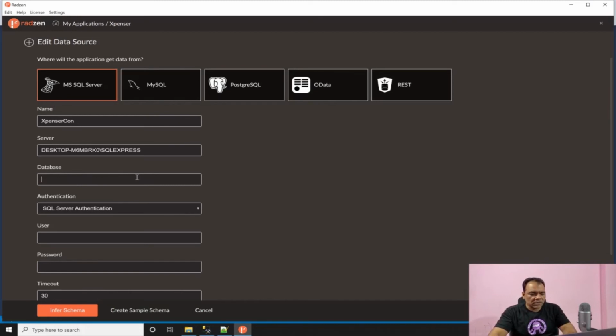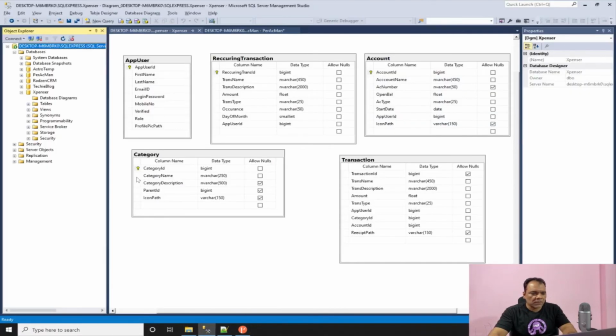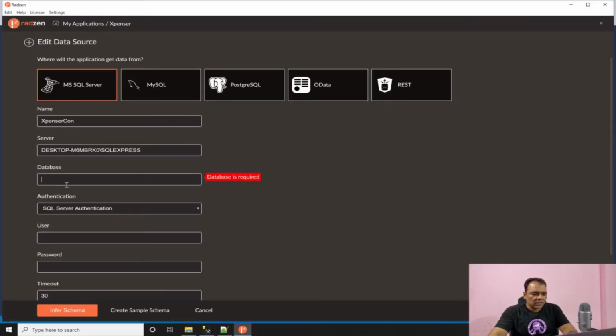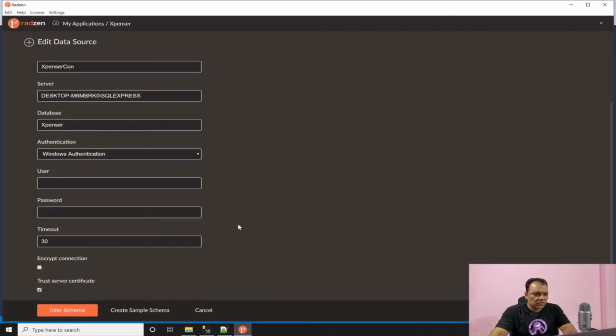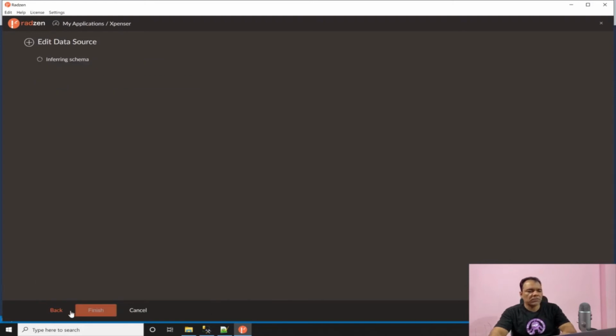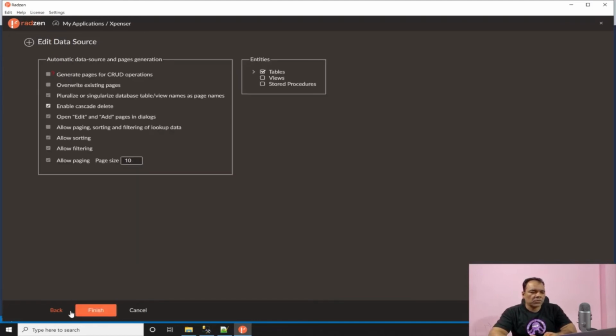So the database which we have to use is Expenser. Okay, and we will be using Windows authentication. In case of Windows authentication, nothing is needed. So infer schema will basically read the schema and give you the options. I hope... Oops,